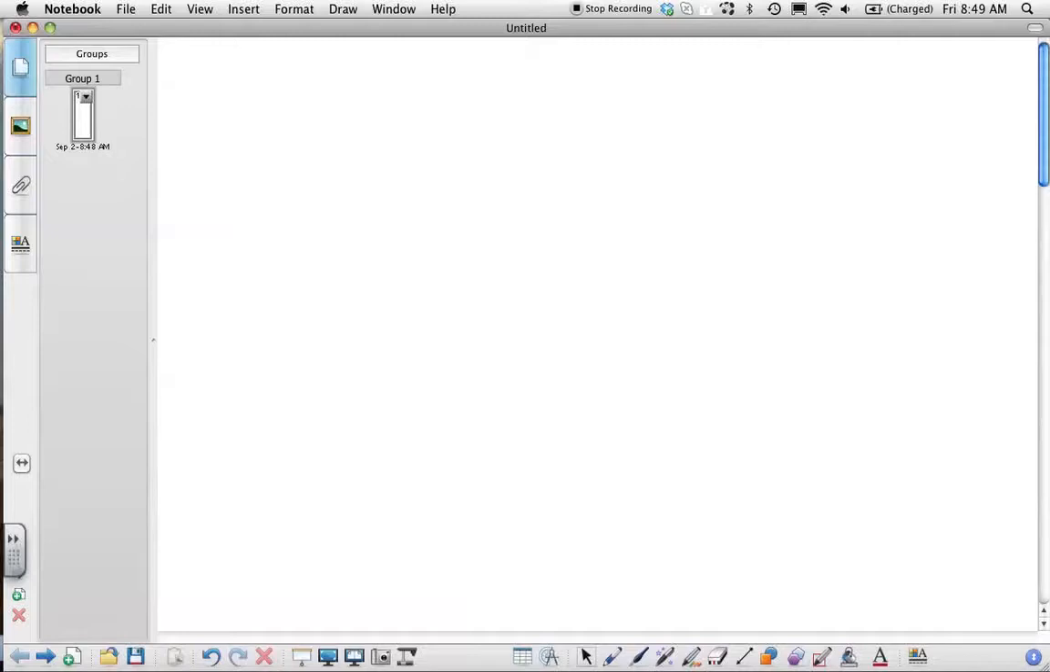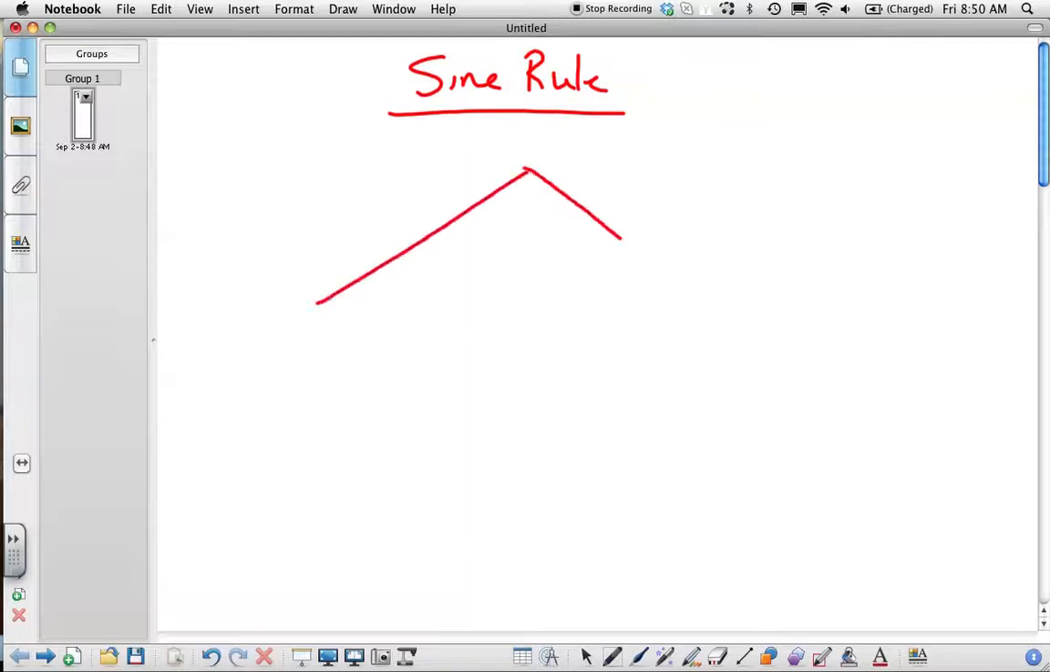Hello, this is the second recording after the area sine rule. I would like to now look at the sine rule, and we're going to use the area sine rule to quickly prove this rule, because I always like to show you where these things come from. So if I have any triangle